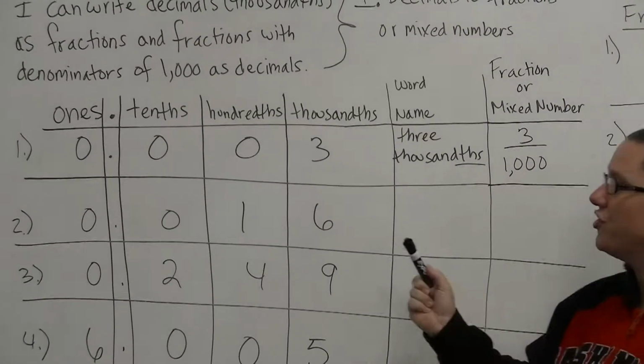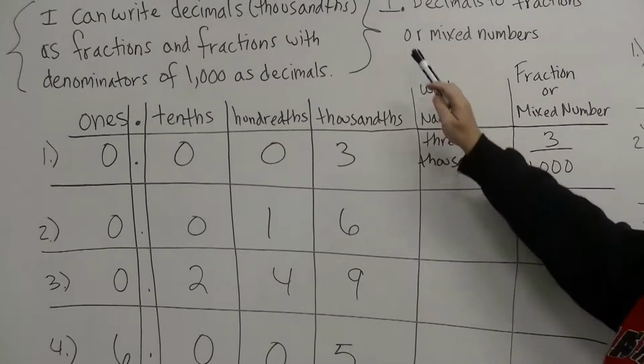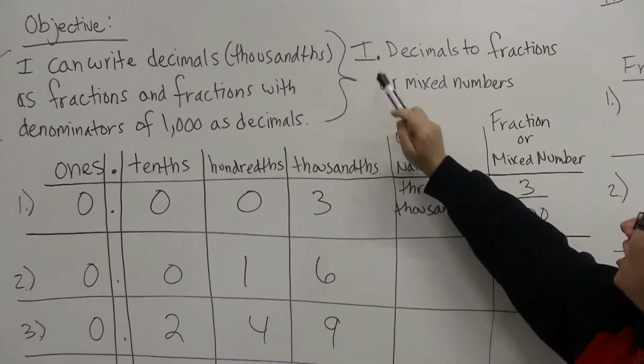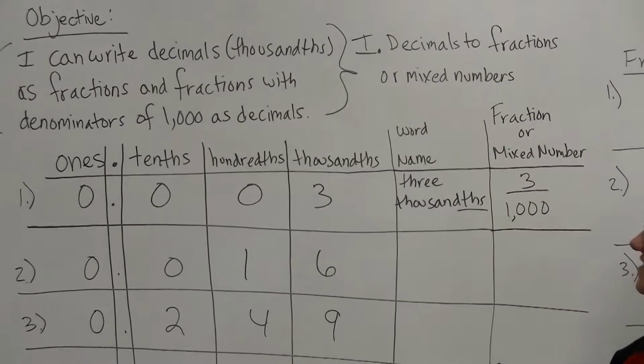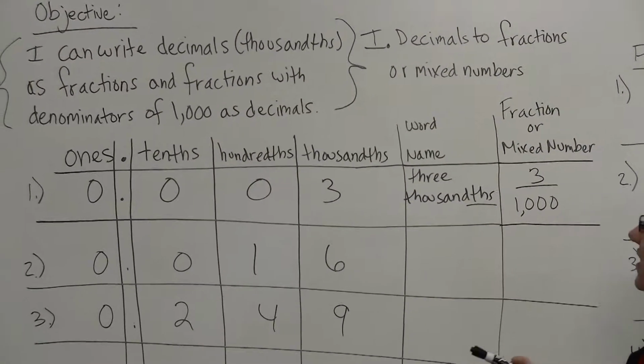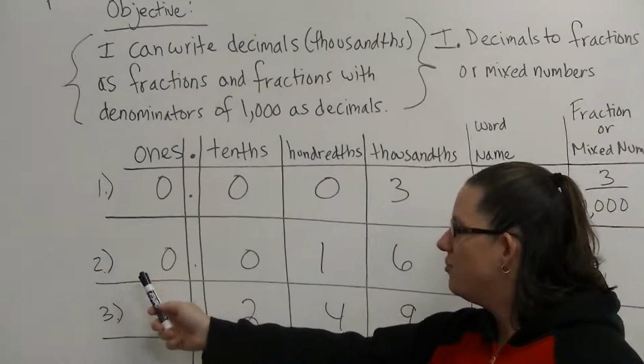Okay. For those of you, if you need to, Ms. Sharber forgot, this is underneath Roman numeral 1, decimals to fractions or mixed numbers, to put that title in, if you could squeeze it in there for me. Okay, then we can go to number 2. Put in